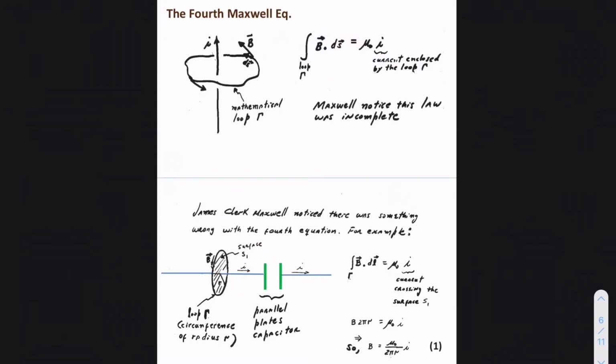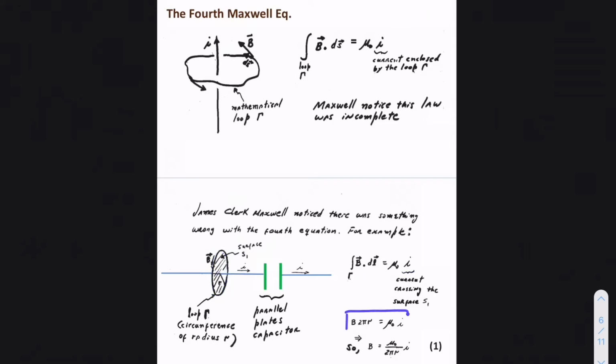But Maxwell noticed that this law cannot hold in a certain situation. Ampere's law is incomplete. For example, let us consider the following case, where we have a parallel plate capacitor placed on the wire. So now if we take a loop around this point of the wire like this, and then apply Ampere's law,